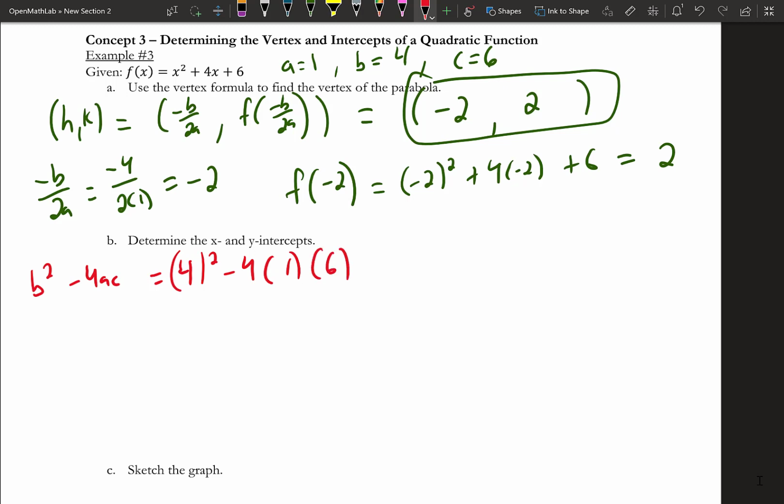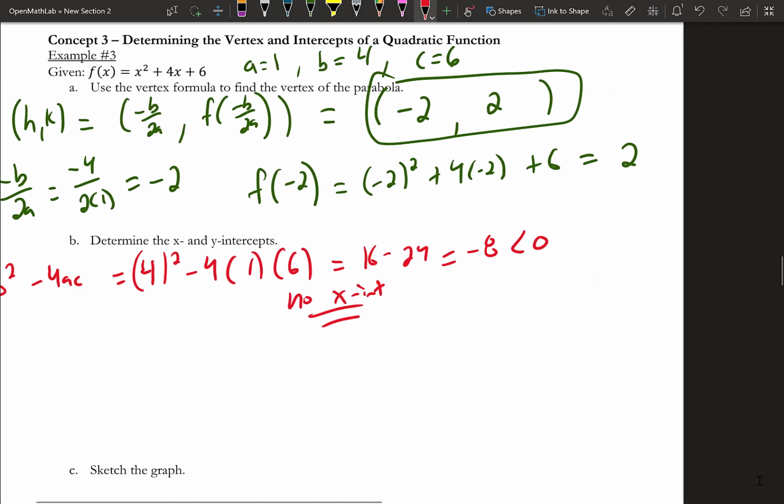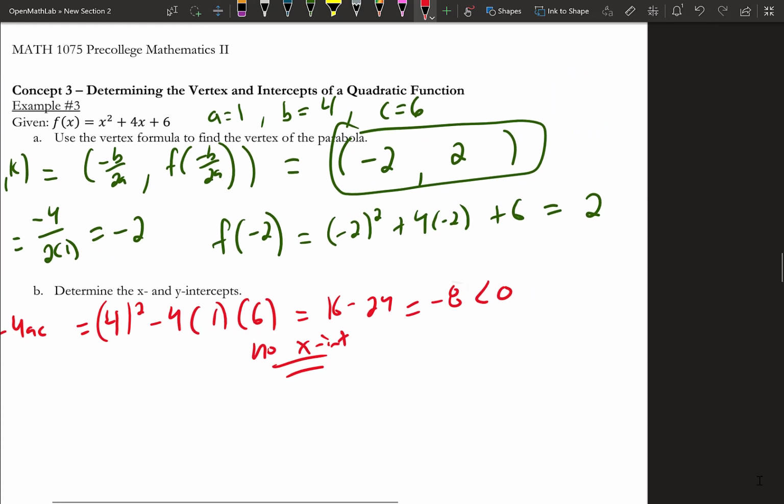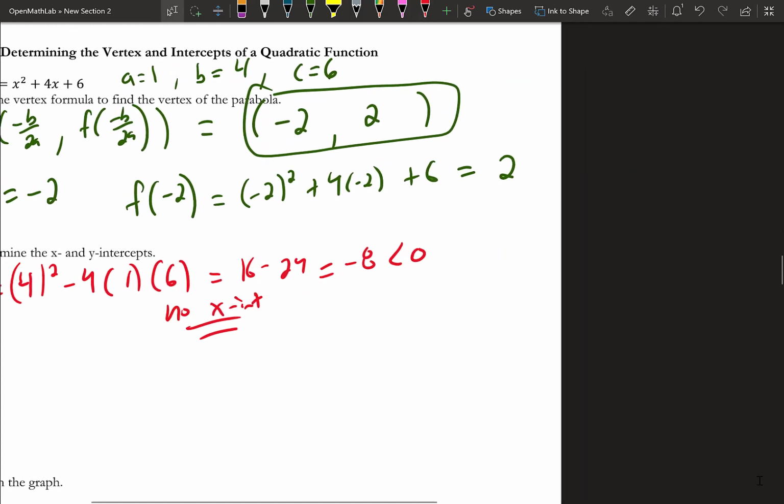Which comes out to be 16 minus 24, which is equal to negative 8, which is less than 0. So this tells me there's no x-intercepts, right? So there's no intercepts, right? Another thing that we can do to think through the number of intercepts that's going to happen is,